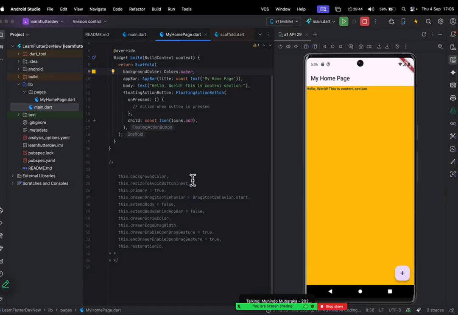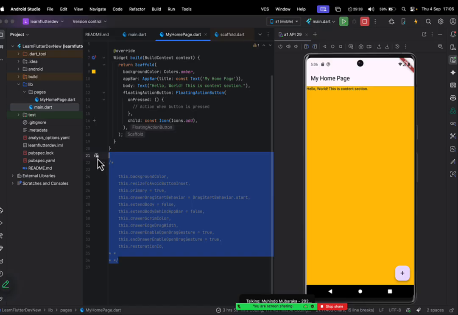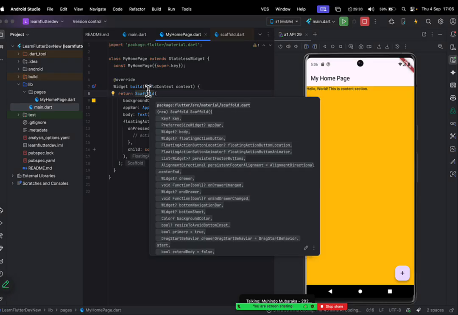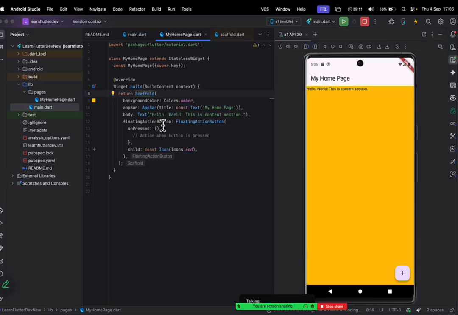Alright, so there are so many more parameters that we can pass to a scaffold. So you can see everything is in form of a child and a parent on top of it. Everything is contained inside something. There is nothing that is not connected to the other. Everything is connected with the other. Now we proceed. Let's look at